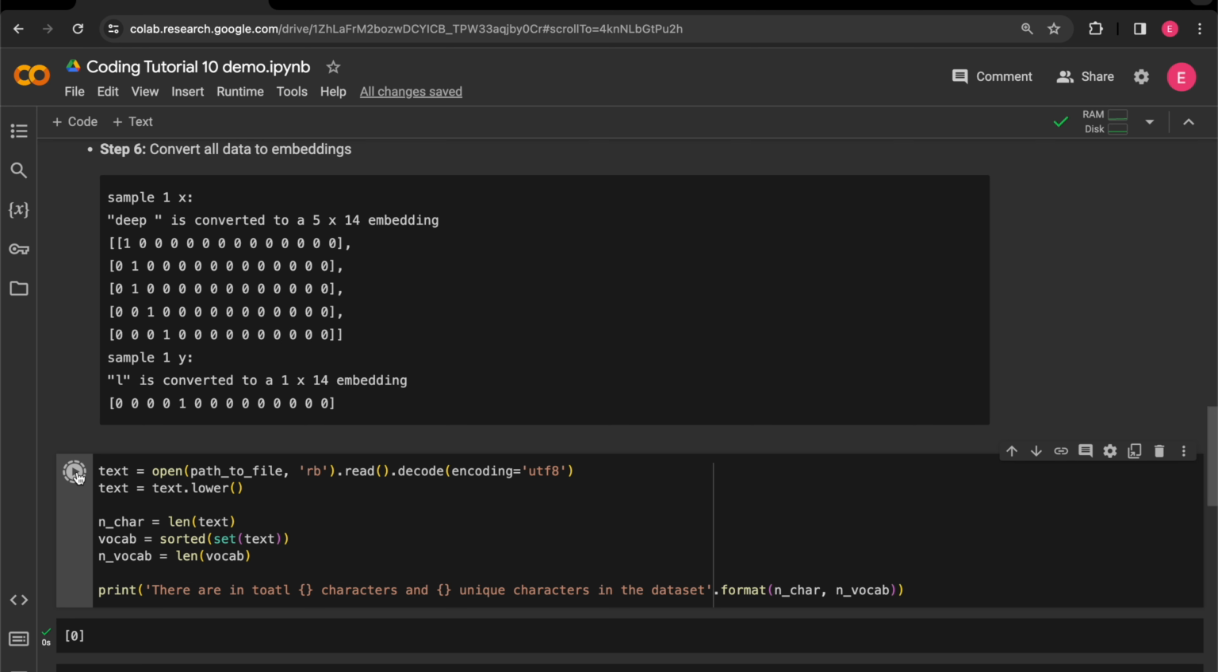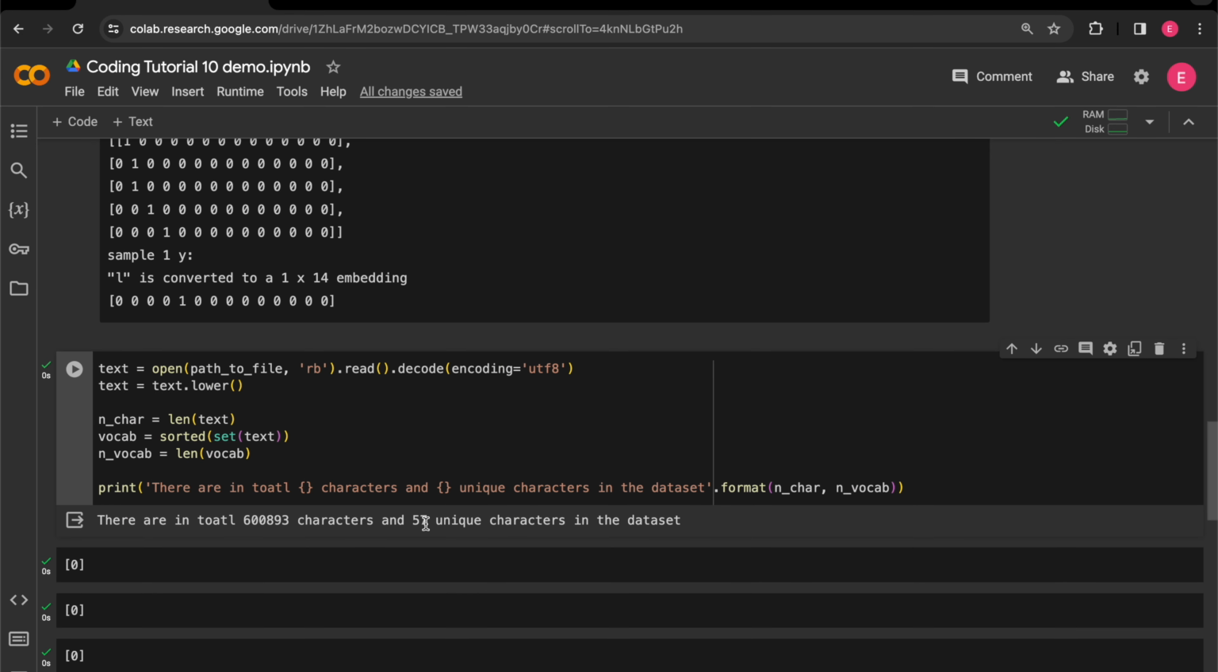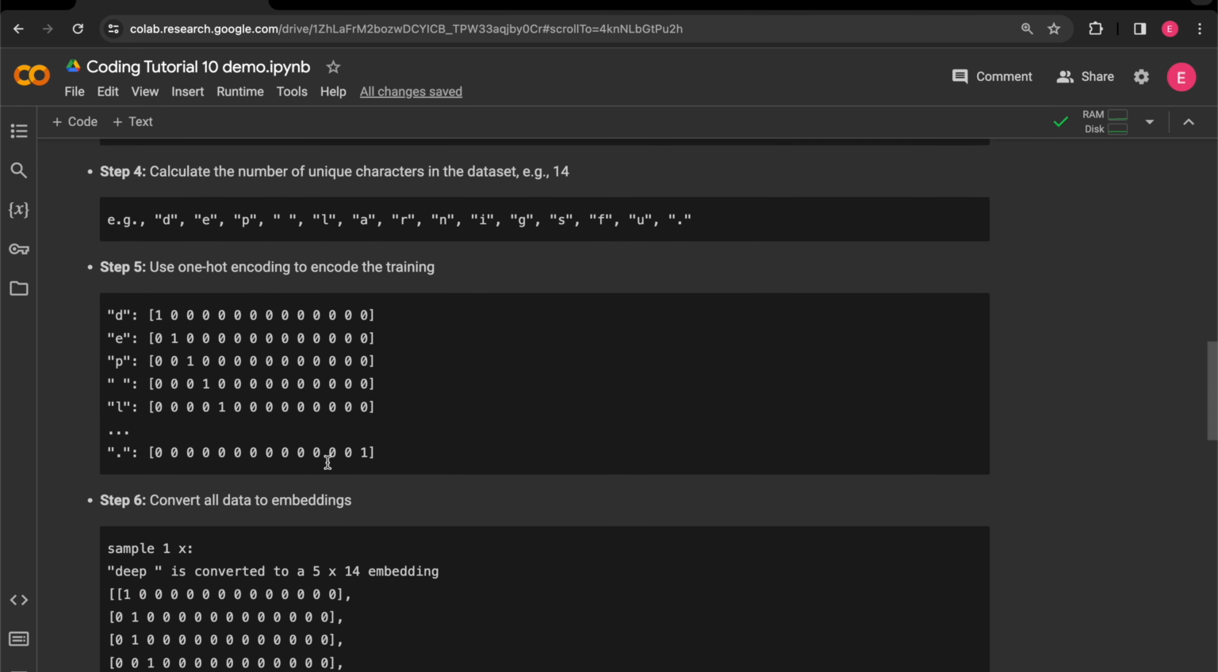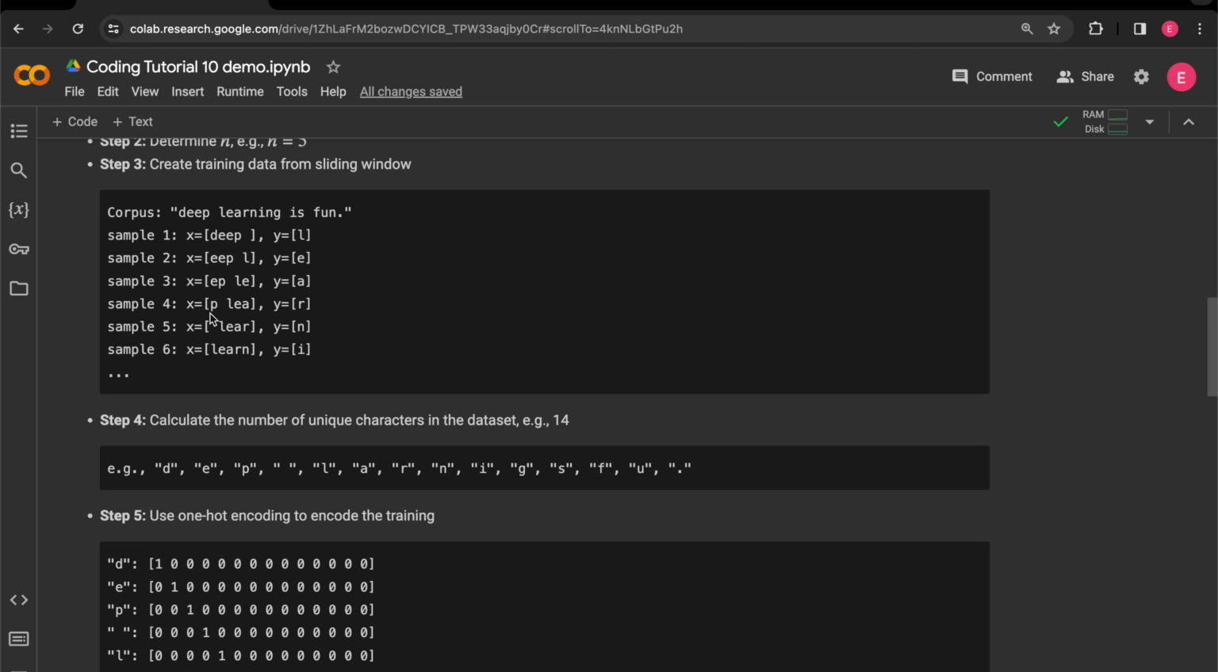All right, let's run this cell. Okay, so the total length of this whole corpus is this, and the number of unique characters is 57. So this is the data we're going to work on, and with that, let's proceed to the next step, creating